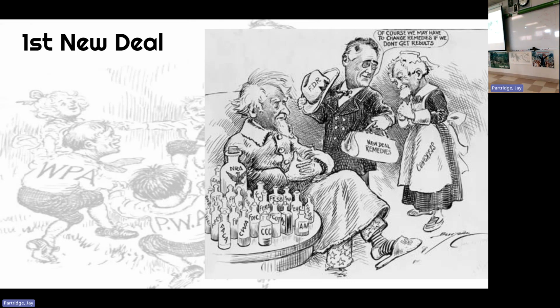But the first New Deal, and it's going to be a wave of legislation. Roosevelt understood one thing very important. Those first few days the president is there, in fact, the first 100 days, there's a honeymoon period, where normally the presidential approval rating is very high. Very high. And that's when you can get things done in Congress.